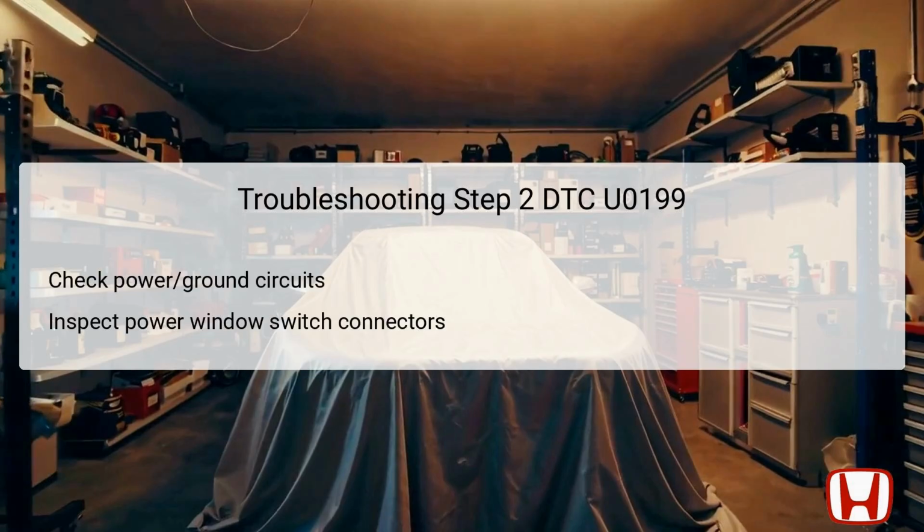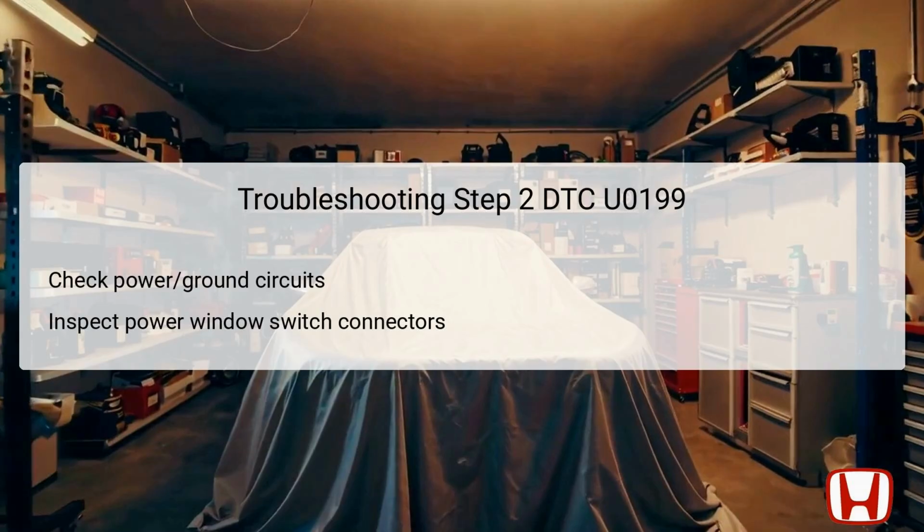The second step involves inspecting the power and ground circuits associated with the power window master switch. Start by checking for continuity and ensuring that there are no broken or corroded wires present in the circuit. This inspection should extend to identify any loose or faulty connections in the power window master switch's connectors. Problems in these areas can easily lead to a loss of communication with the climate control unit. It is vital to utilize a multimeter for testing voltage and ground availability in these circuits. If issues are found, they must be corrected, as they are likely the reason behind DTC